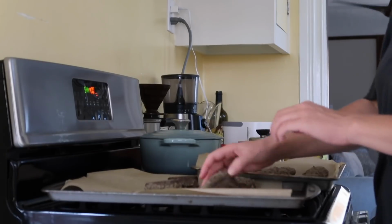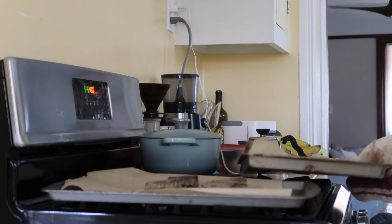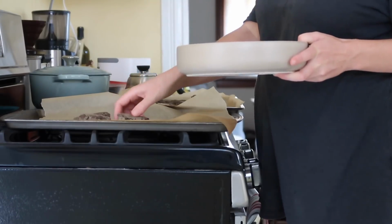You're gonna bake for about 12 minutes and then flip, and another 12 minutes. I would open up one of the falafel patties to make sure it's cooked all the way through before you finish your baking time. I think this would be really good as lettuce wraps with maybe a vegan yogurt sauce,